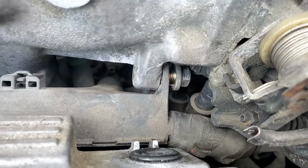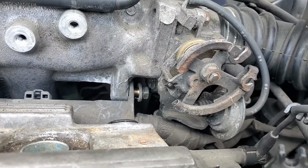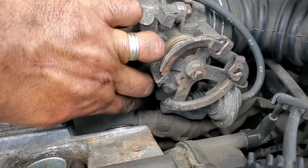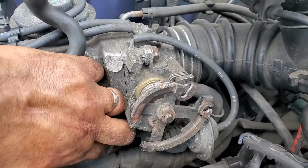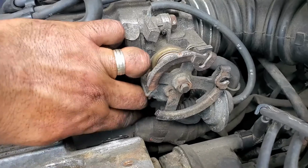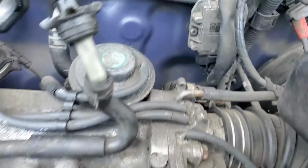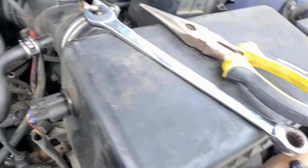Try to get to that bolt, but I think the throttle body is in the way. See that screw stopping it from going all the way out, although there's only 1 or 2 threads left in it, I think. But the problem is the engine is still hot, and I hate to wear gloves when I work. I think I'm going to remove the throttle body and the